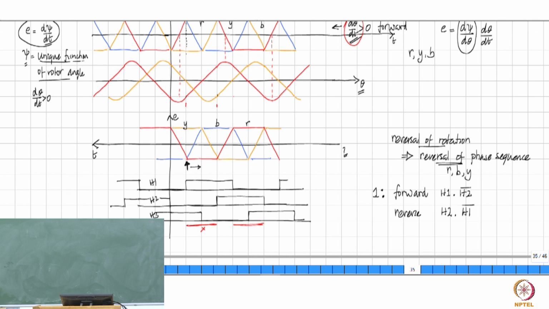The only information that we are getting from this is that when it goes from low to high, you know something about the rotor position, right? So it's only at that instant you know where the rotor is. After that you have no idea. Whereas if you take the other one, you have an amplitude output that is going to vary, and therefore you know where the rotor is, right? So that's what happens here.